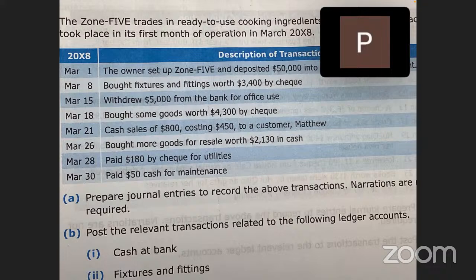So in total, if you sum up everything, your cash at bank only reduced by 170, correct? Just now credit 180, but debit 10. So in total, credit 170 for the cash. And then the utilities expense, debit 180 but credit 10, so in total only debit 170. Your utilities expense only increased by 170. All is correct now.